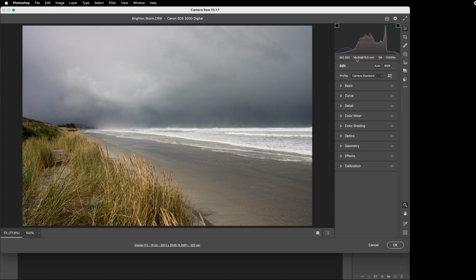So we've got a menu down the right hand side with various tabs, and we've got a histogram at the top. Now there's more information about histograms as we go through the course. Briefly, if we use these two little boxes at the top, the left-hand box shows us any area on our image that is too dark, and it'll be highlighted in blue. And there isn't really anything here that is underexposed, except just on the left-hand edge, you'll see highlighted in blue